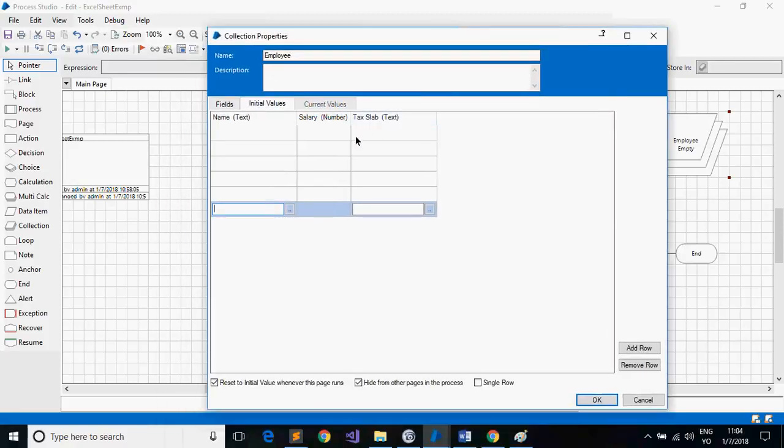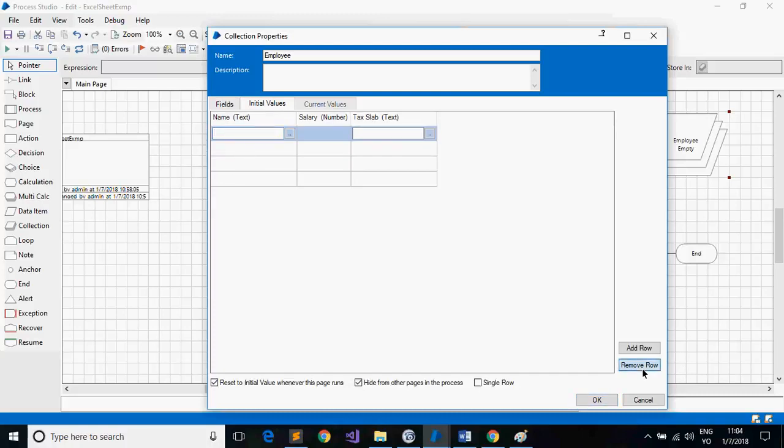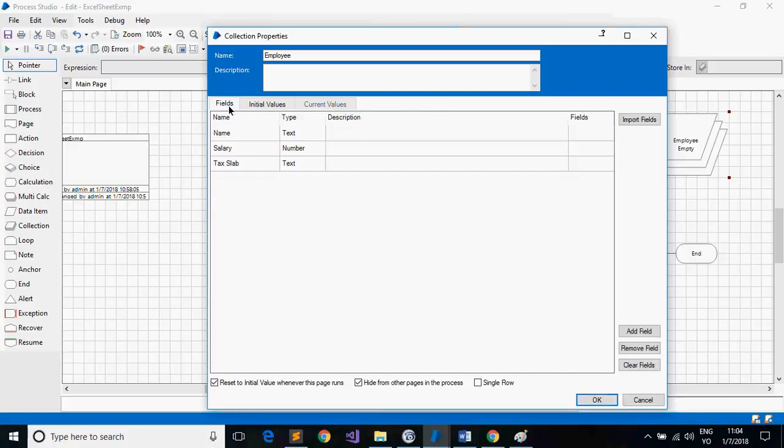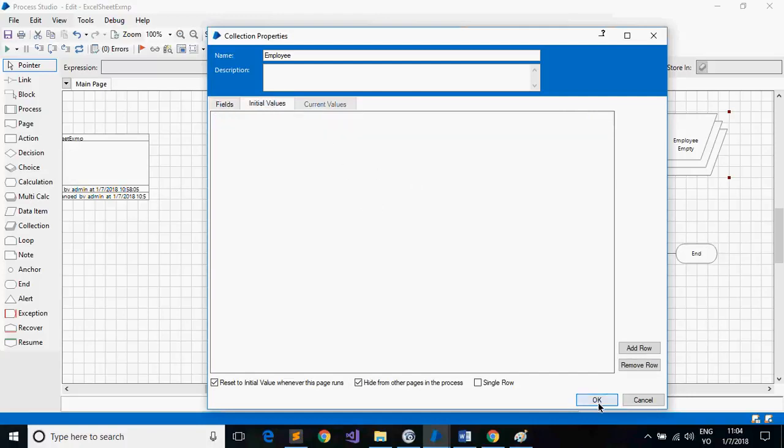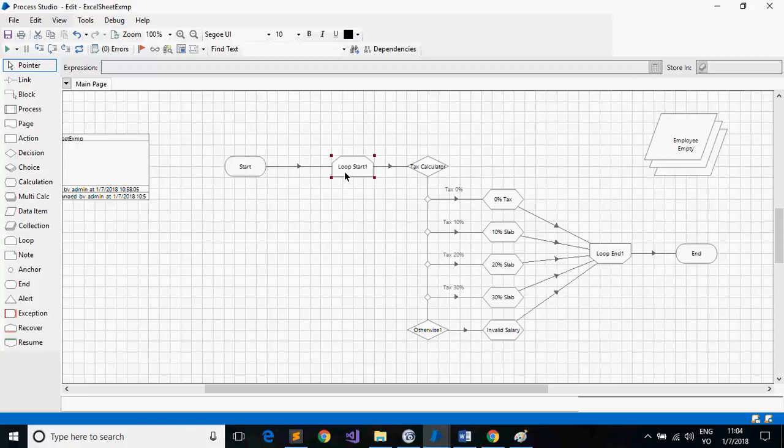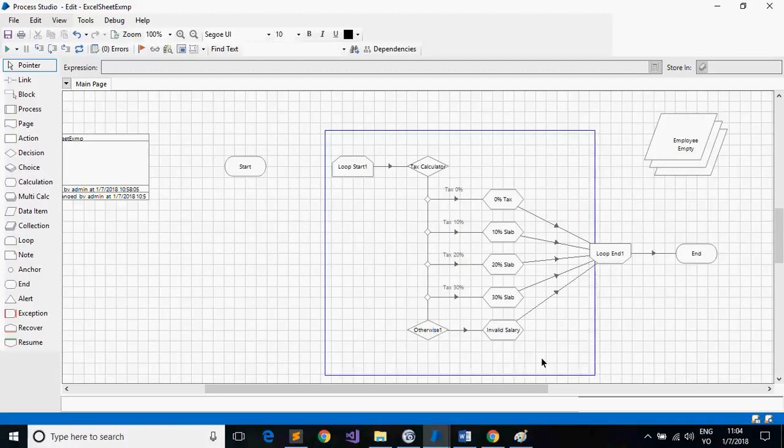So what we'll do now is we'll read each row of the Excel sheet and we'll populate this employee collection, so that the rest of the things will be automatically taken care of, for which we have already designed a workflow. Okay, so let's try to get all the data from the Excel sheet to the collection. The rest of the things are done. So for that, I have to do some pre-processing here. After the start stage, I have to get the data in the Excel sheet, populate the employee information, then do this